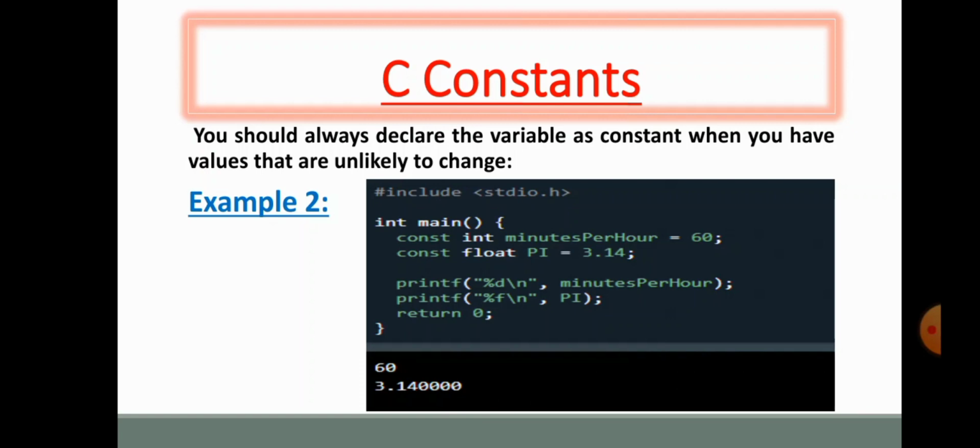You should always declare a variable as constant when you have values that are unlikely to change. For example, यहाँ पे minutes per hour का मतलब ये है कि 1 घंटे में 60 मिनट्स होते हैं, that is universal truth. तो कोशिश ये की जाती है जो यूनिवर्सल ट्रुथ हो, उस वेरिएबल को constant लिखा जाए जो चेंज ना करना पड़े आगे सोर्स कोड में।